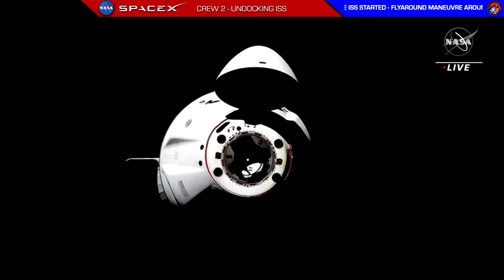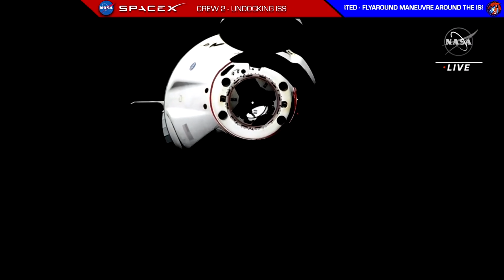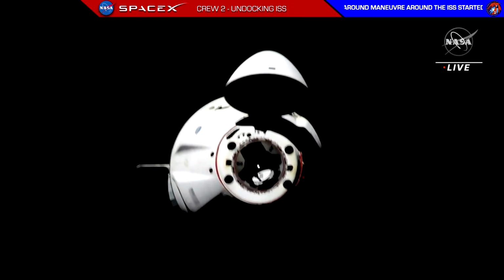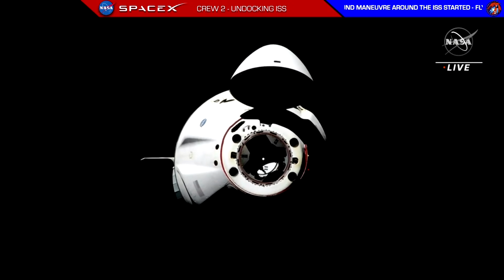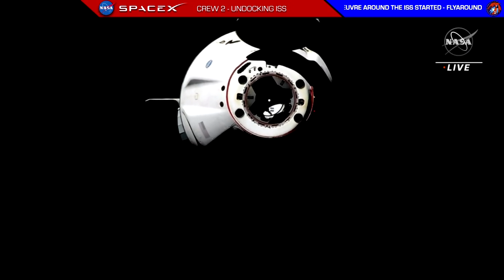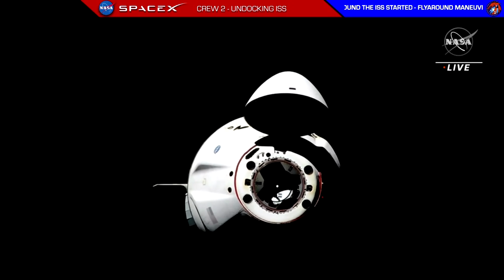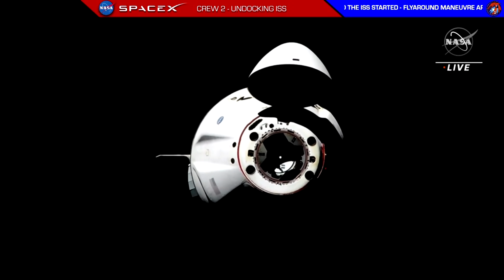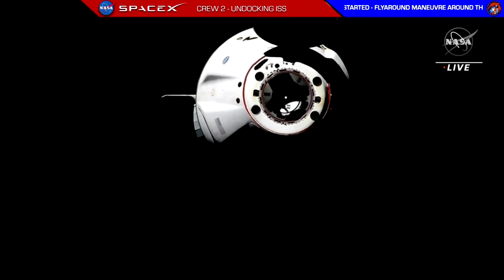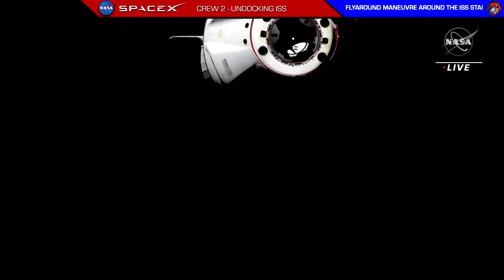This is a great view of the forward hatch. Of course, the nose cone is configured into the open position, as we can see, but we can also see the 4 Draco thrusters located there on the forward hatch. These are what are utilized in order to move Dragon away from station. Those are the 4 larger circles in a rectangular shape there around the hatch. Those forward bulkhead Dracos will perform some of the more important departing and deorbit maneuvers, namely the